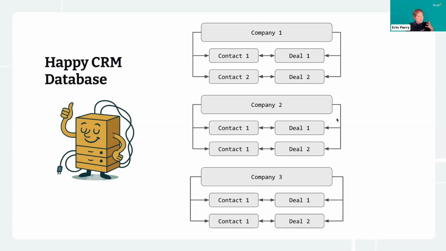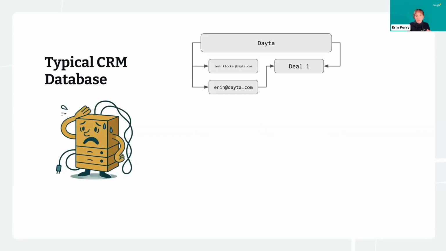So here what we have is my dream world of a beautiful CRM with three separate companies in it that are all different companies. They've each got two contacts, and each contact is linked to one deal. This does not actually happen in real life most of the time. From my excursions into many different live CRMs, I can tell you that reality tends to be a bit messier.